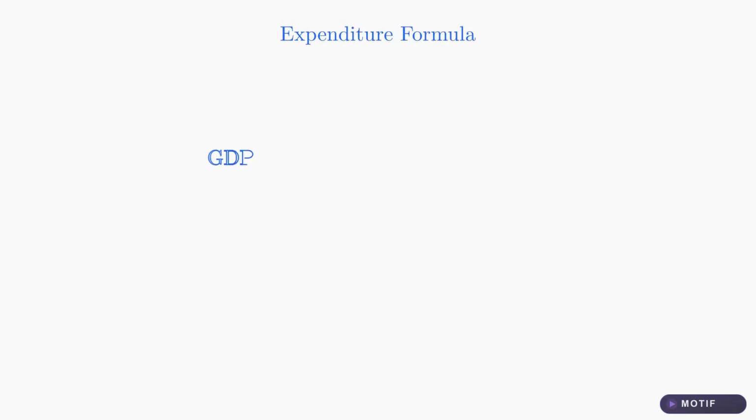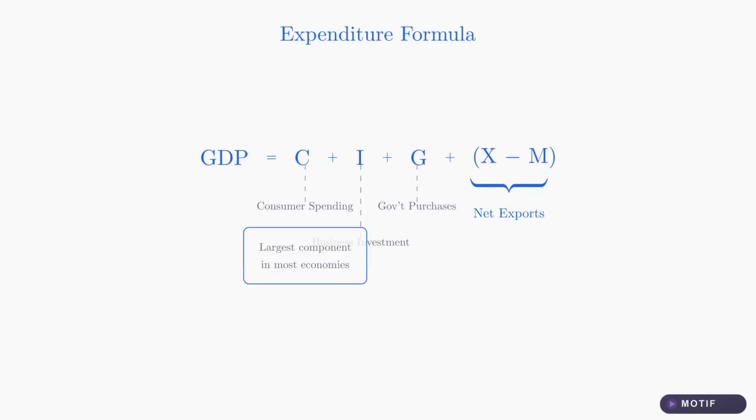The expenditure approach uses a formula you may have seen before. GDP equals C plus I plus G plus net exports. C is consumer spending, the largest component in most economies. I represents business investment in equipment and structures. G covers government purchases of goods and services. And X minus M captures net exports, the difference between what a country sells abroad and what it buys from